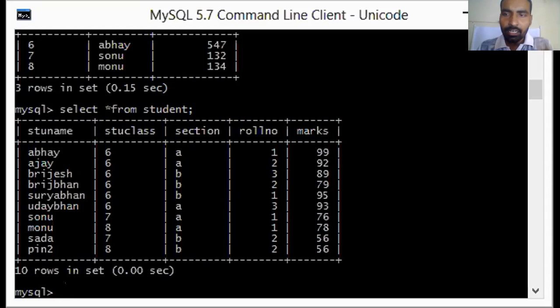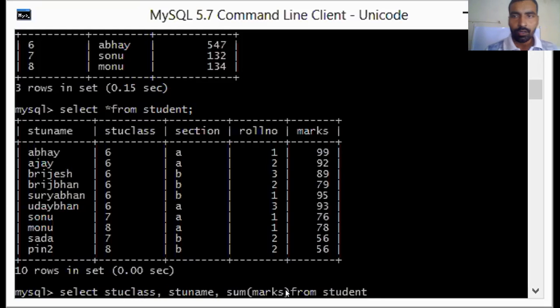Now let me create the group first. Here I have written first the column on which we are going to apply the group function, STU class. Then we want to display the STU name also, which is a non-group expression.